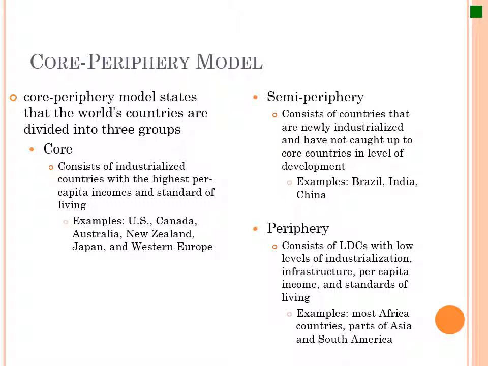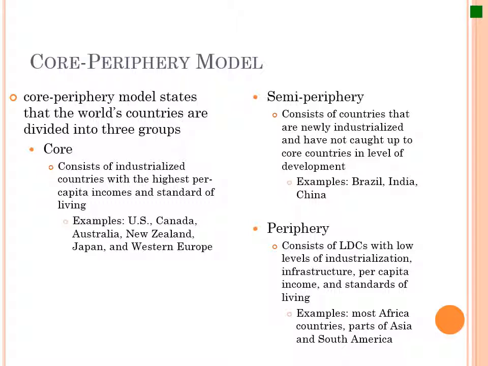All right, the core-periphery model is a review of Wallerstein's world system model that we talked about back in globalization, arguing that countries can be divided into three levels based on their economic development. Core countries are industrialized, with the highest income per capita and highest standard of living. Obvious examples are most of Western Europe and Asia, Japan, New Zealand, Australia in the Pacific, and the US and Canada in